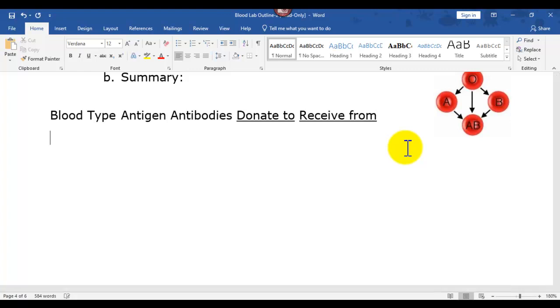So, here we are with blood type. If you are blood type A, that means in your genetic lottery, you have what is called an A antigen on your red blood cell surface. And I'll show you that picture here in a second. If you are type A blood, you develop what are called anti-B